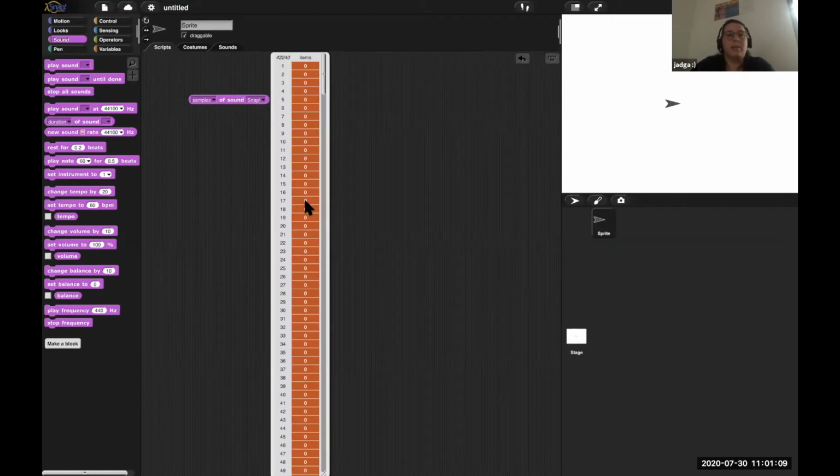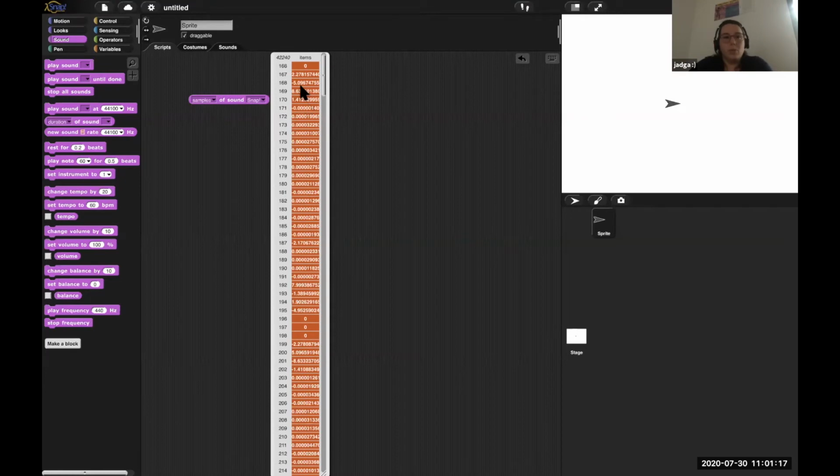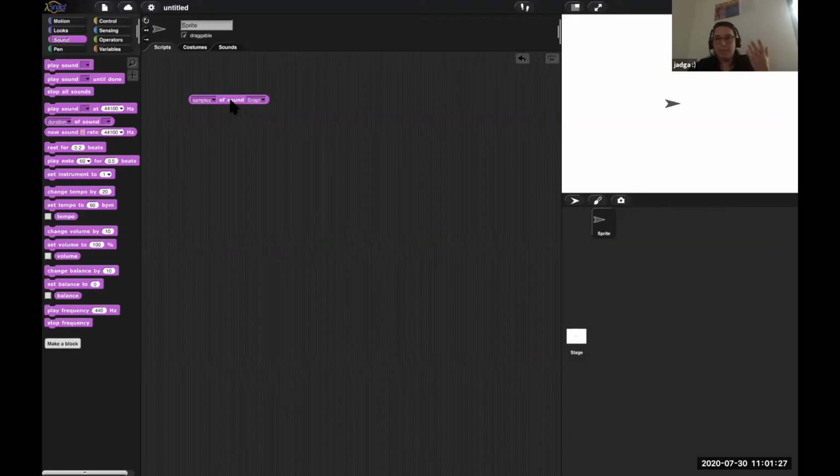The samples is a kind of long list with 42,240 elements. A lot of them are zeros, and then at some point I get to numbers which are pretty small. So here, for example, I have a 2.2, and then I have a -4 and 8 and whatever. So the samples tell me in which direction and how far a membrane, for example, in my ear or in the speakers in my computer swings, and the amount of that swing is a sample. And a lot of samples make up a sound.